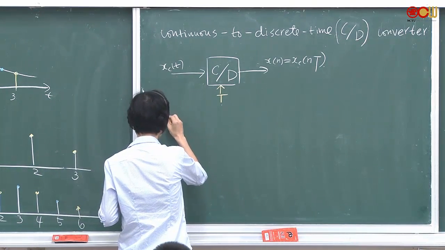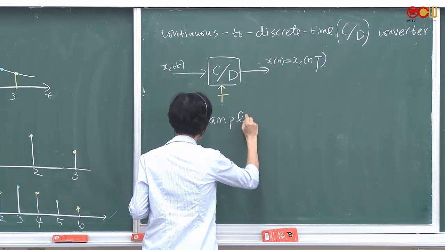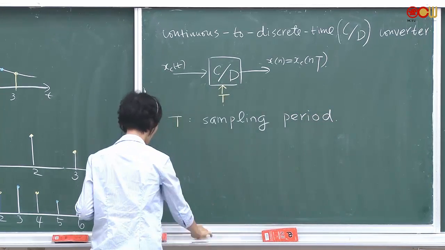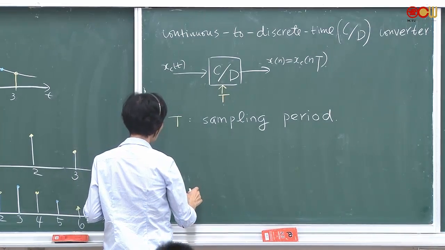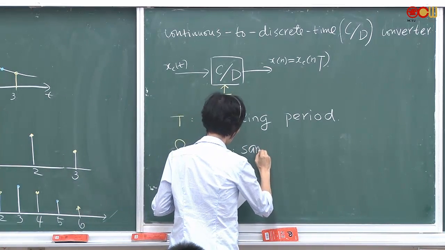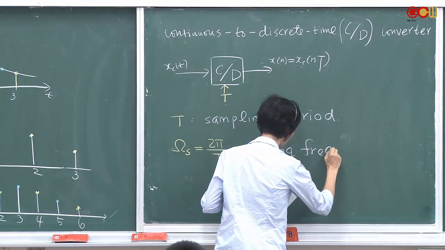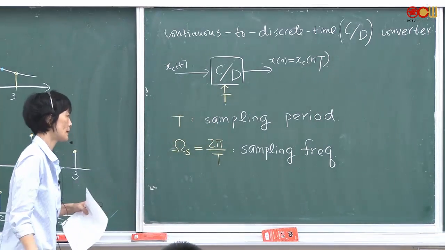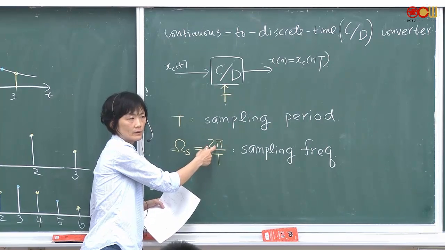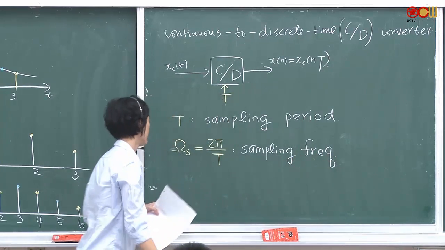And this T is what we call sampling period. And sometimes we use this quantity as well. This is called sampling frequency, 2 pi over T. It has this radian frequency, 2 pi over here. Radian frequency 2 pi, so this is angular frequency, so it has a frequency here. But